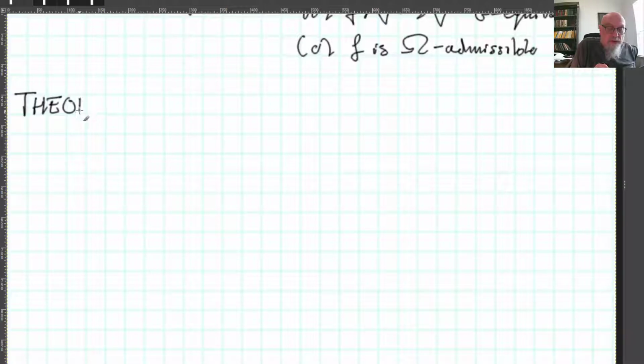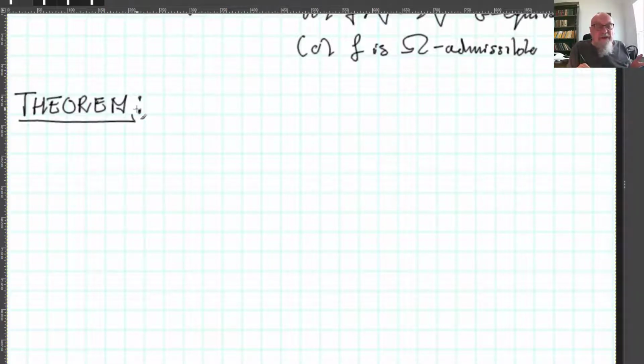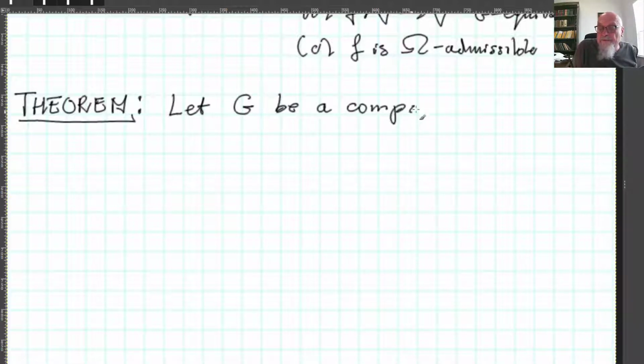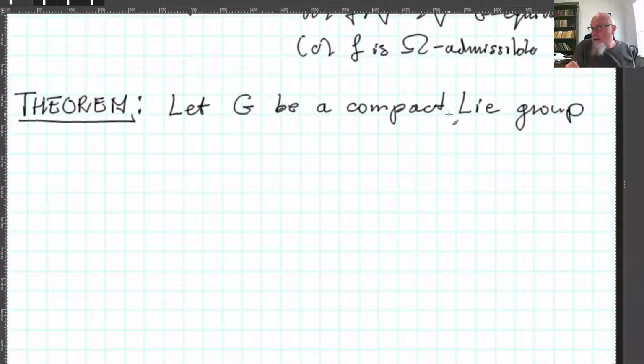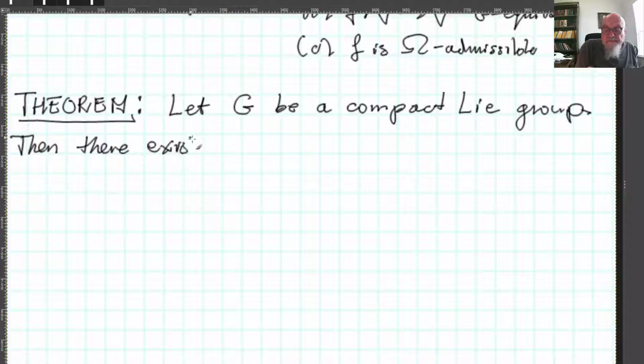This theorem will be proved, but not immediately. Let me write it down. This is basically saying the existence and uniqueness of Brouwer equivariant degree. So let's say it like this. Let G be a compact Lie group, then there exists a unique function,